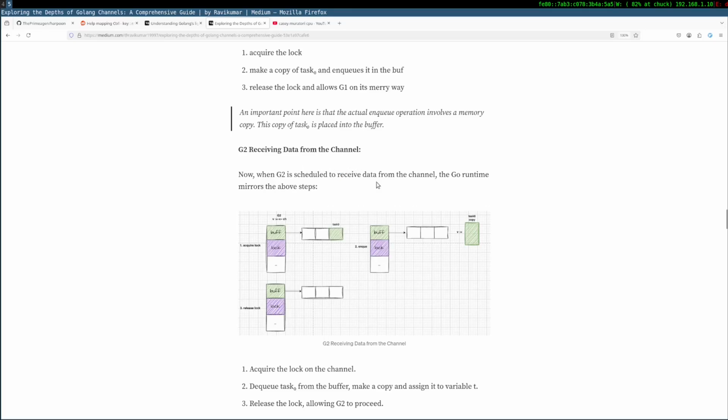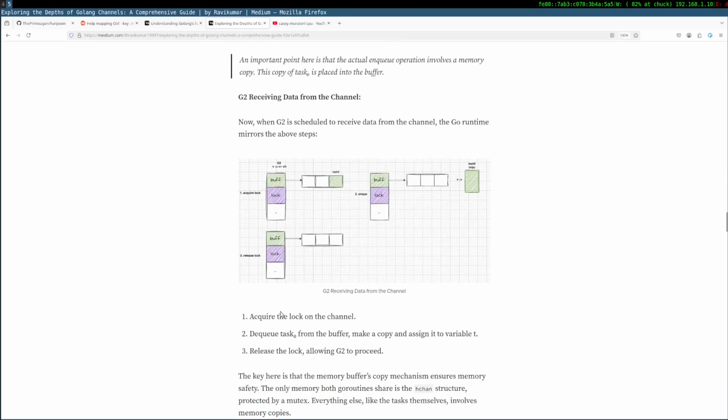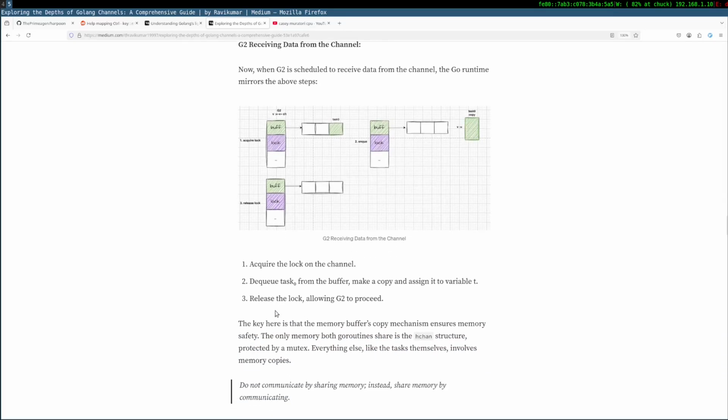Now G2 is scheduled to receive data from the channel, and the Go routine mirrors the above steps. Okay, I'm pulling data from G2. I get a copy of task 0. Acquire the lock on the channel, dequeue. Okay, this makes sense.